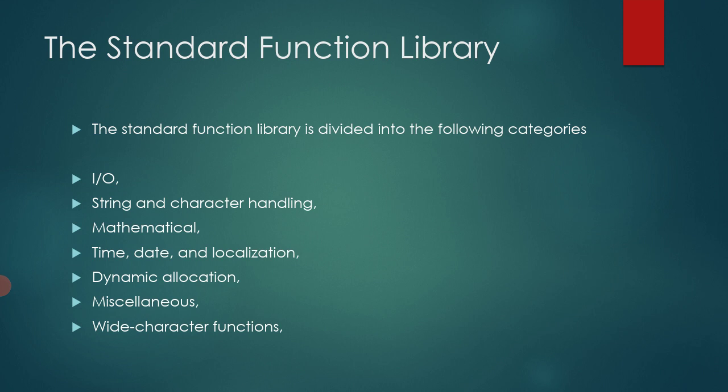For example, if you want to write a program and you want to take input from the user in the form of numbers, and you want to provide output, whenever we write a program, we require some input output functions, because we have to write input output functions to get the value from the user and to provide the output to the user. So all these categories of functions come under input output function, and this whole category of input output functions comes under standard library functions.